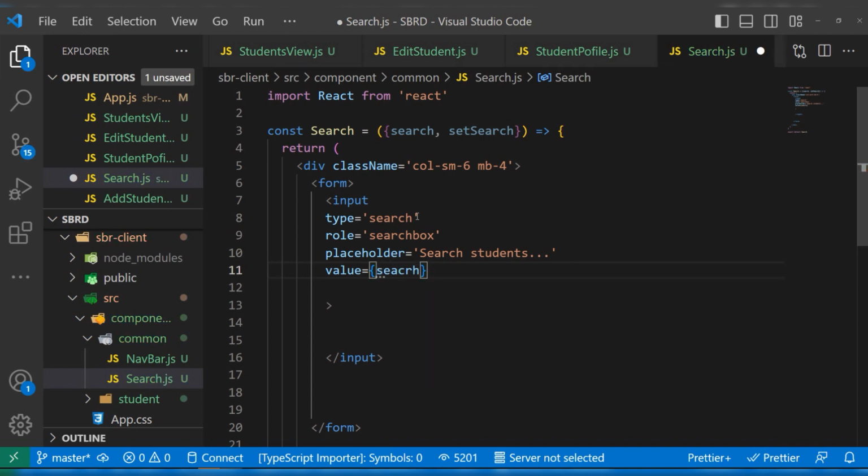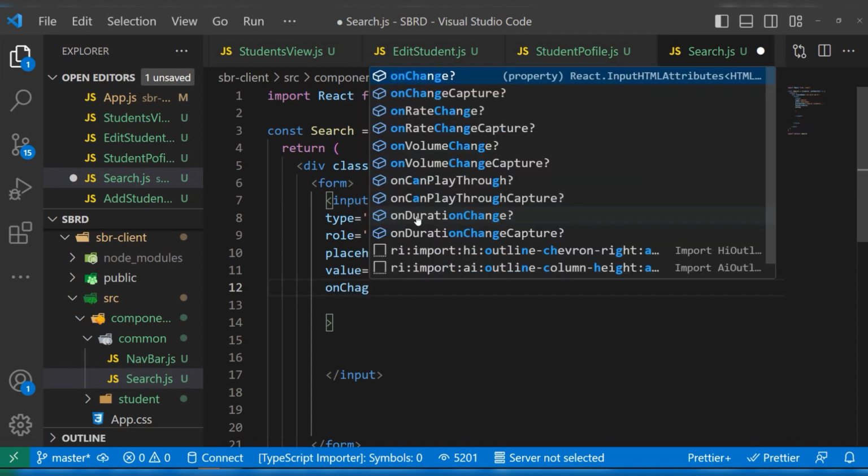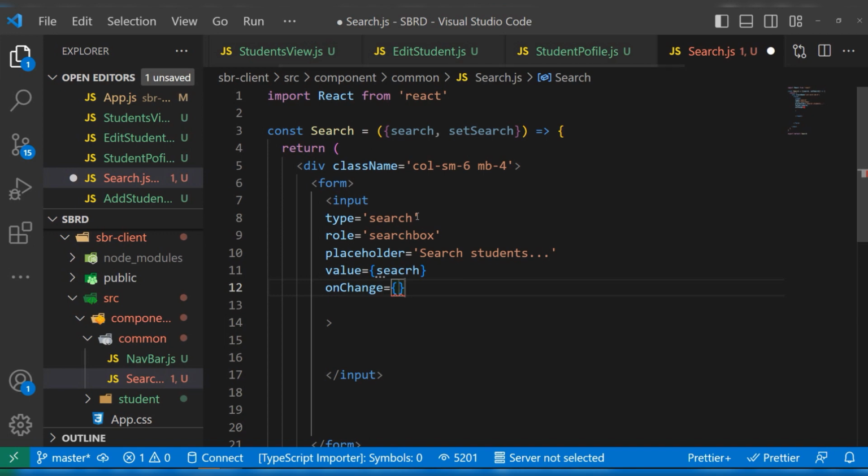And having done this now, we're going to set the on-change, like so. This is when the user enters input. We're going to use that input to update our search value with the input that the user actually entered, right? So for that, we're just going to go here and say set search, like so, and here we're just going to pass in